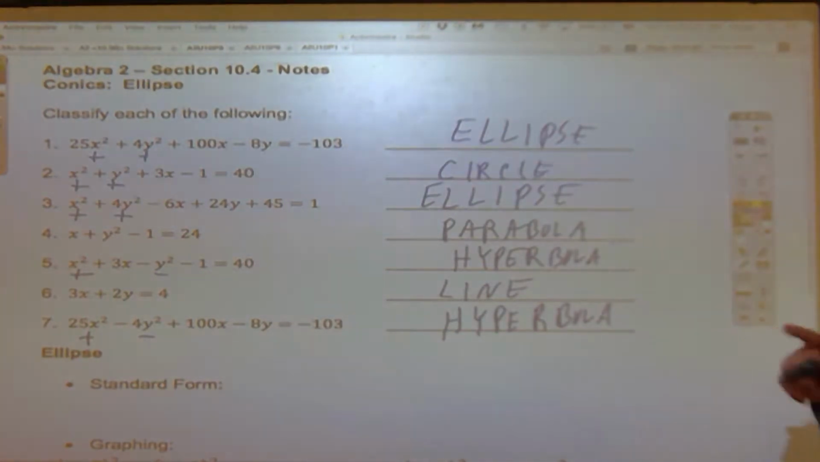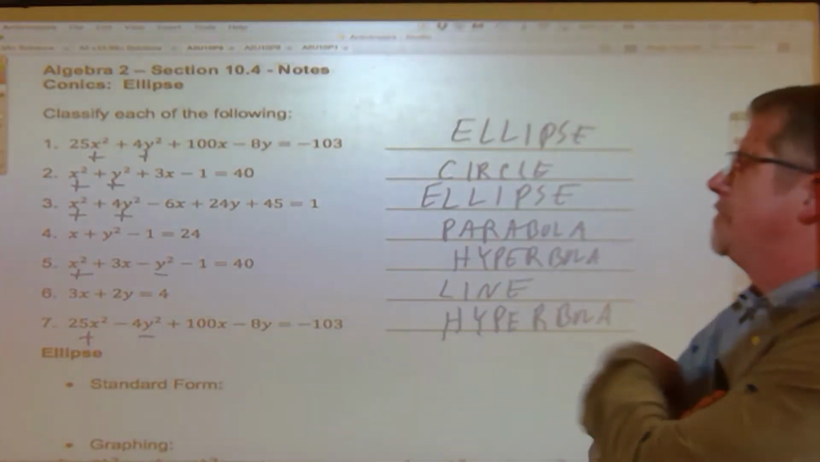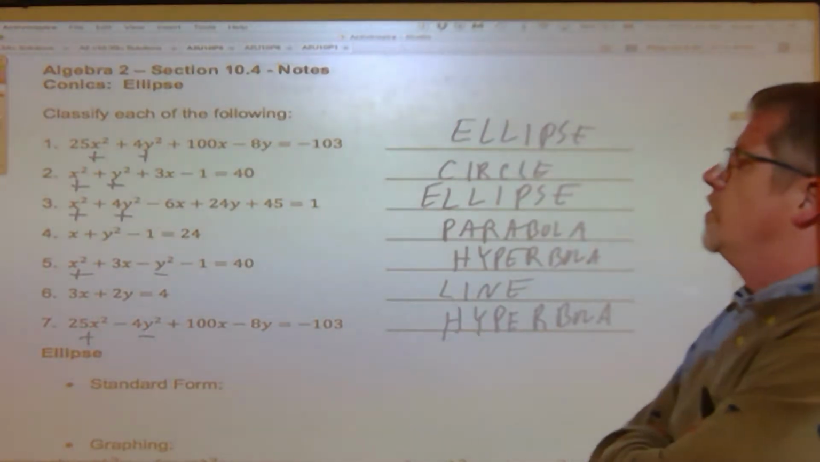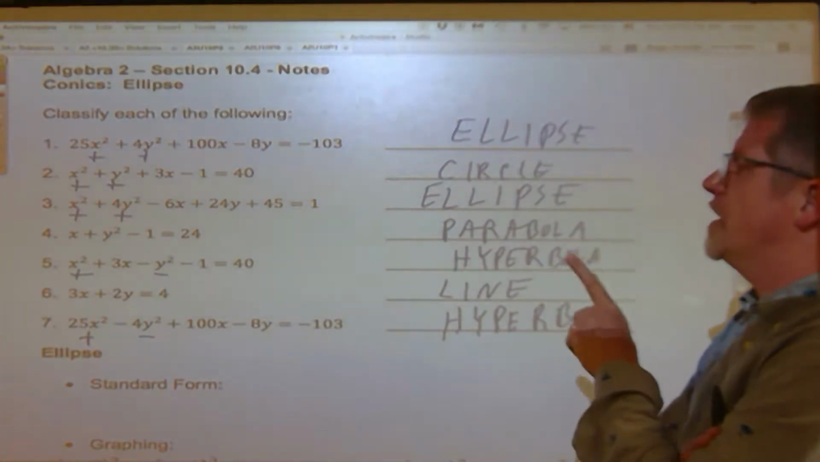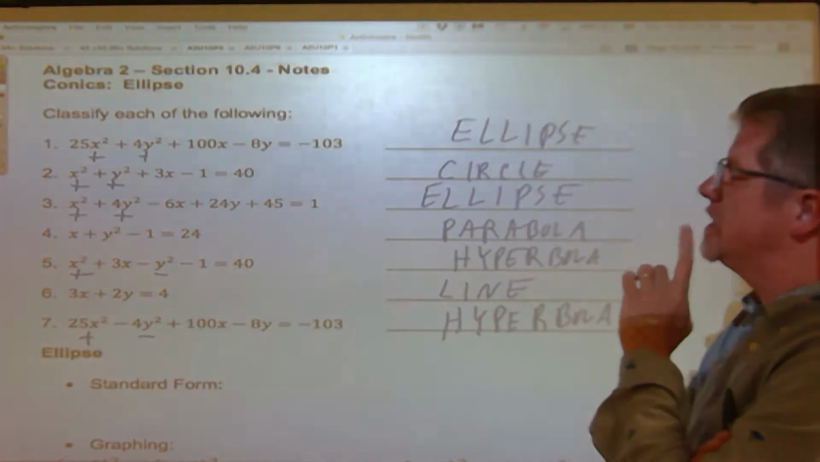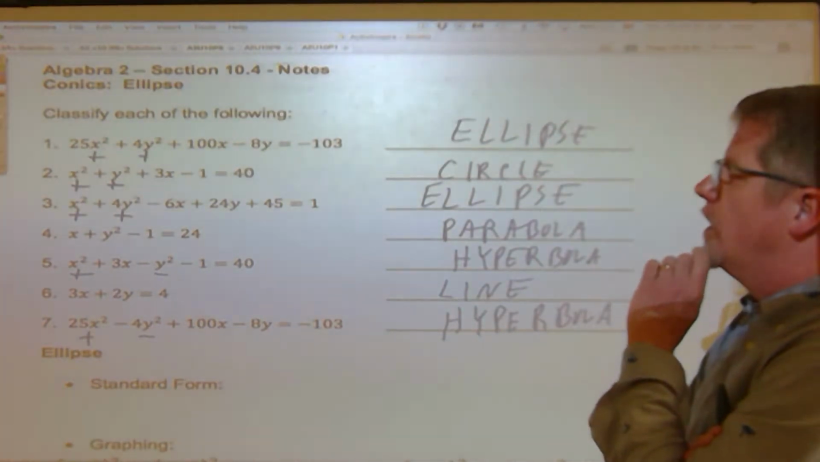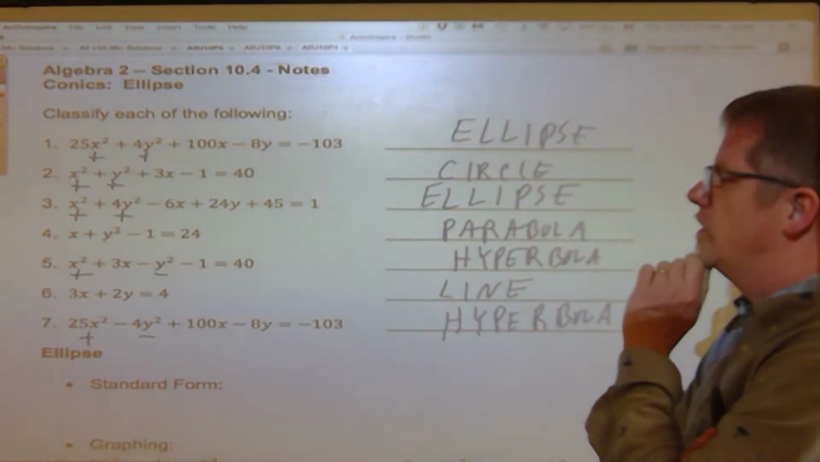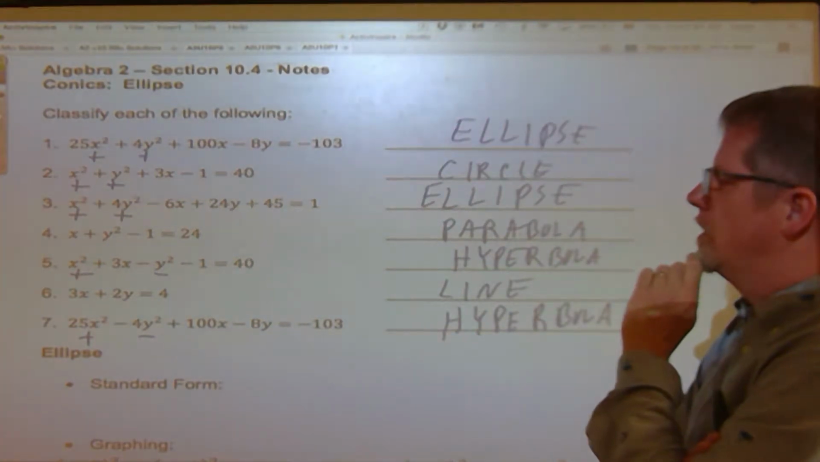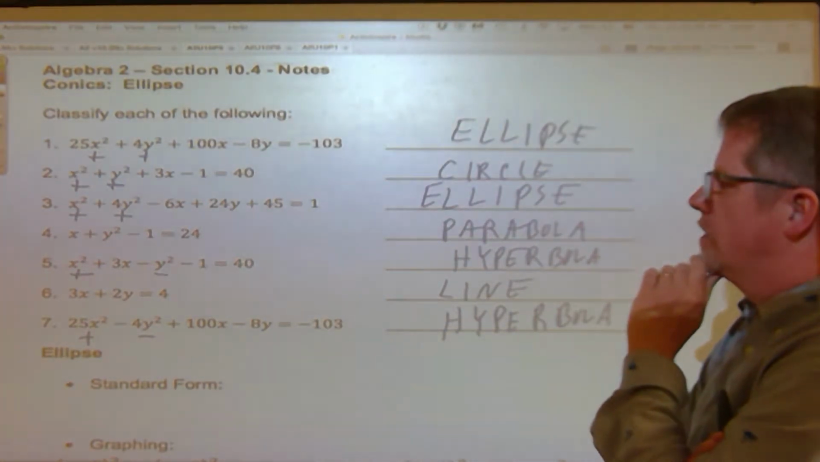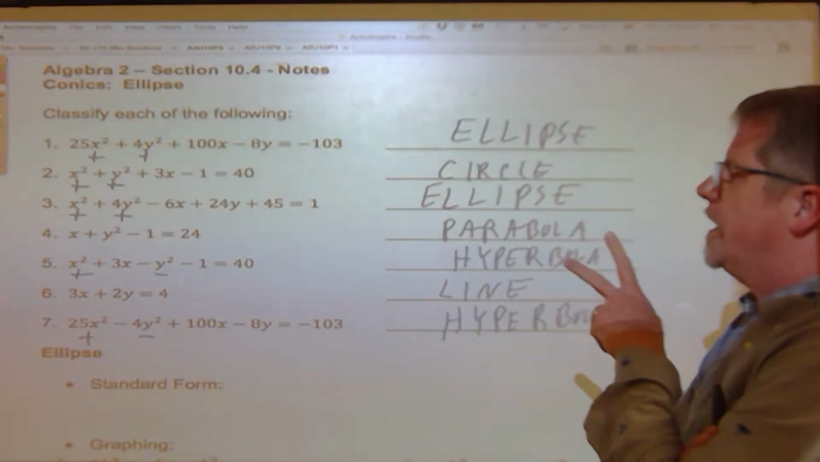Wait, how is number 1 an ellipse if it has same sign, different coefficients, but then it's also... Well, the question is, how do we know number 1 is an ellipse? No, that's not the question. Oh, okay. I wasn't done. And then number 3, it's also an ellipse, but it has different signs. Okay, so